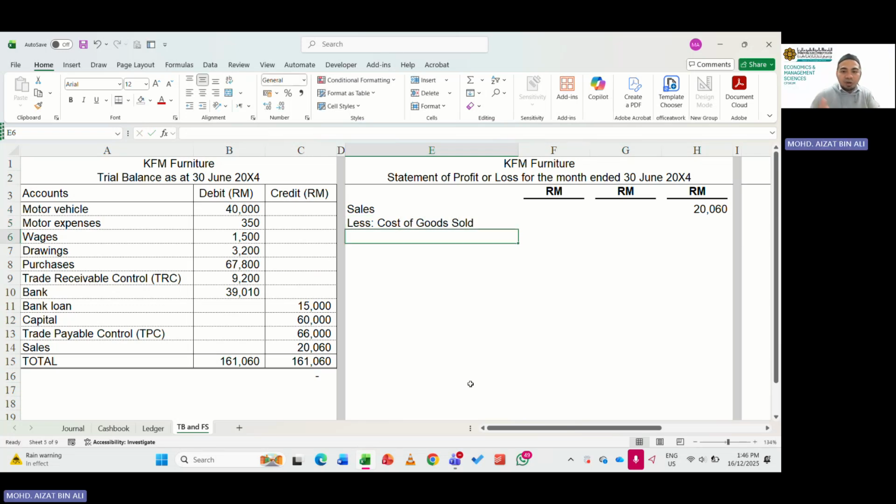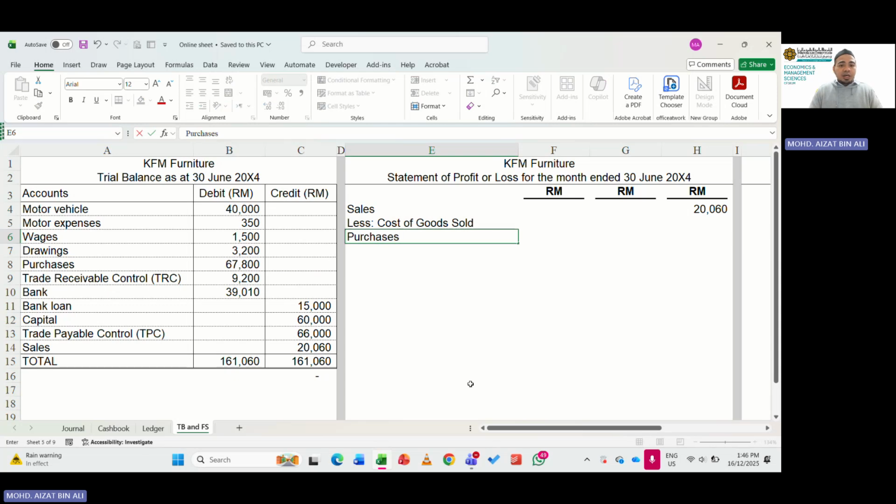Okay, for the cost of goods sold, firstly, we have beginning inventory in the proper format. But in this question, since we don't have any beginning inventory, we don't have to record it. What we have here is purchases. Okay, and that's it. There is no purchases return, there is no purchases discount. So just record this. Okay, and since we only have this as our COGS, we can write this at the far end of the